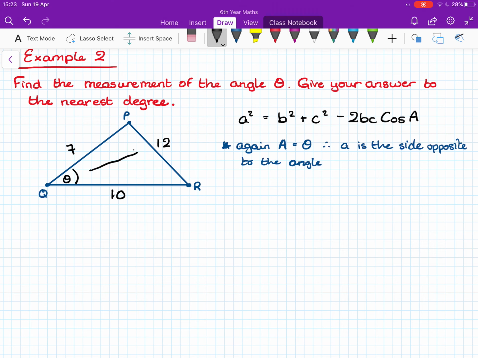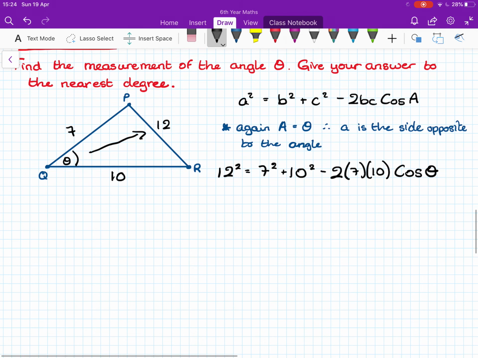So it's always going to be opposite the angle. So our angle is this times called theta, and we have our opposite side to that. It's going to have a length of 12. So filling that into the formula, we've got A is 12, so 12 squared. Similar to the last one, it doesn't matter which side B and C are, so I'm going to say B is 7 squared, and then C can be the 10. Minus 2 times B and C, so 2 times 7 times 10. And then cos A, so our A, which is our angle, in this case is theta,